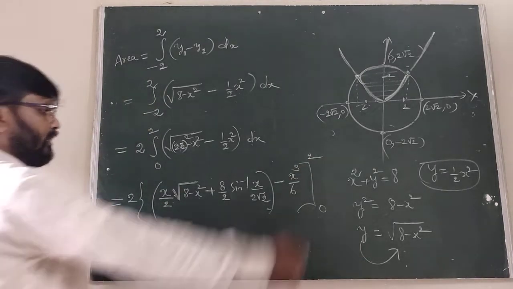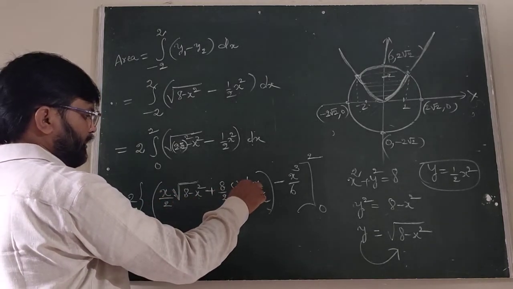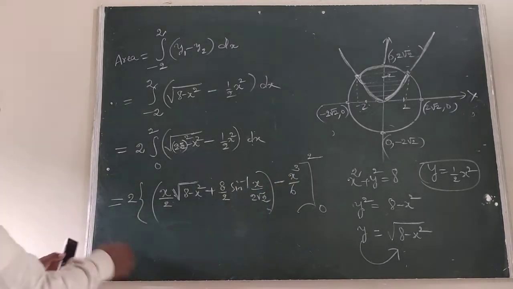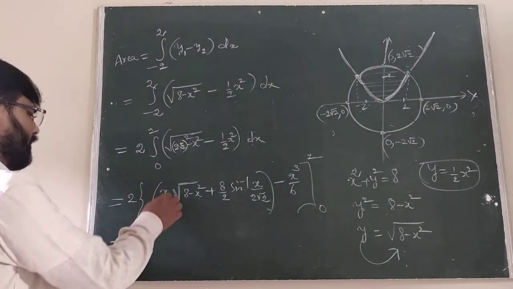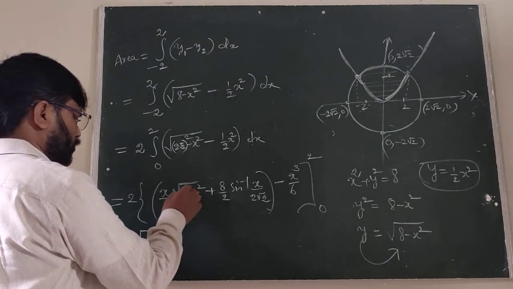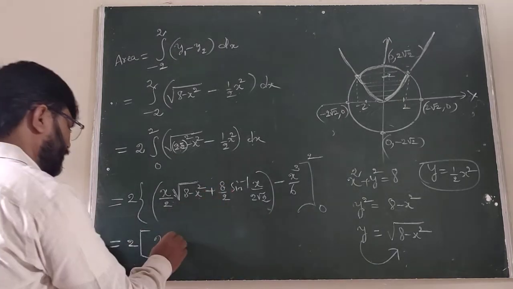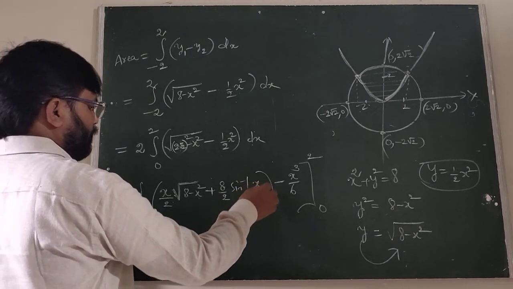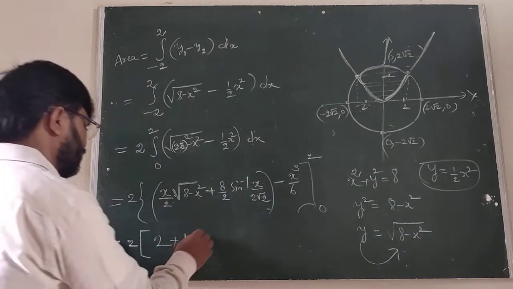When we take 0, this is 0 into 0, 0 by 0, sin 0 is 0, complete 0. 0 cube is 0. Therefore, we have to substitute only the 2. Therefore, 2 by 2 is 1, 2 square is 4, 8 minus 4 is 4, root 4 is 2. Now here 8 by 2 is 4, the 2 cancels. Therefore 1 by root 2 is the value of sin 45, sin inverse and sin cancel, pi by 4.